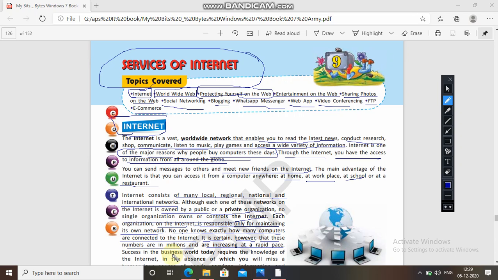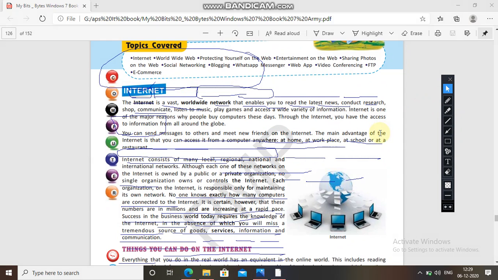Success in the business world today requires knowledge of the internet, because everything is done on the internet, everything is digitalized. So if you don't know about the internet or online things, you won't be able to succeed in your business world. All the things happening online, the transactions, the exports and imports, the document papers are digitalized. In the absence of which you will miss